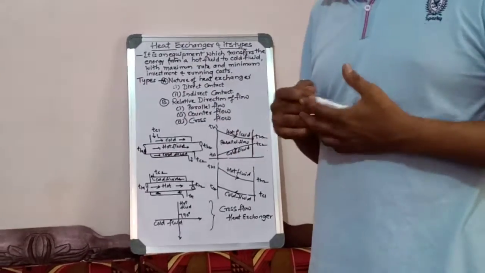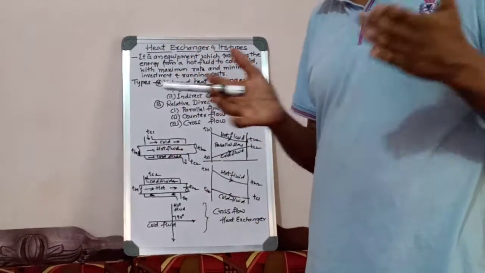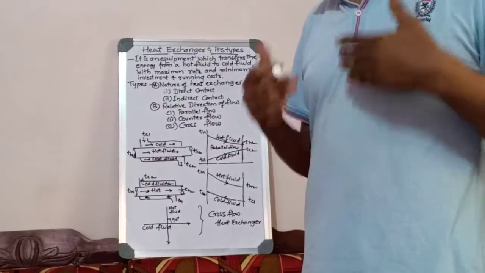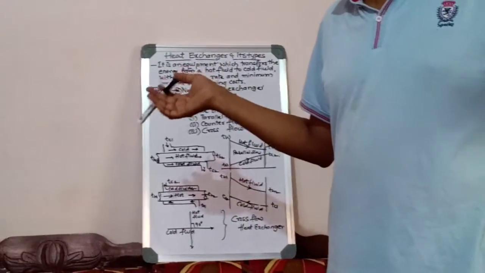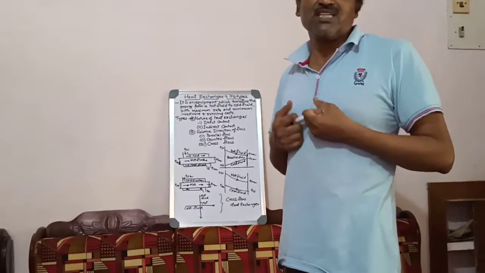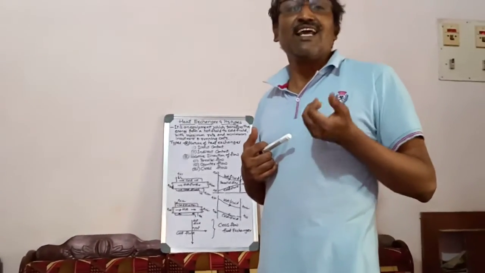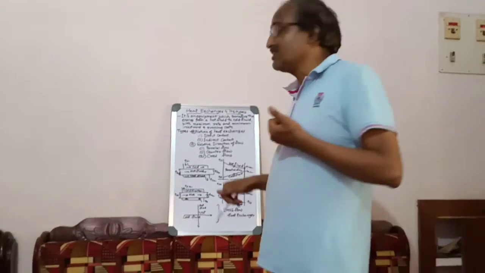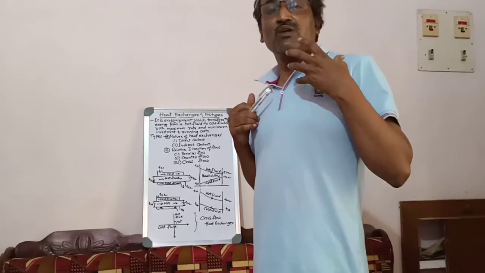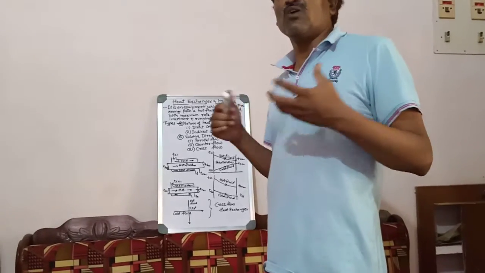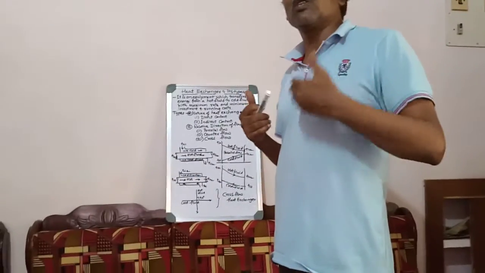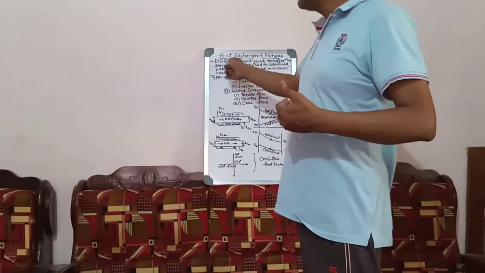We have to go for maximum heat transfer because we have to reduce the size of the heat exchanger. If the rate of heat exchange is lower, then the size of the heat exchanger will be wider and bulky. You have to reduce it. You should have compact heat exchangers. Therefore, maximum rate of heat transfer is essential. Along with that, minimum investment: to manufacture the heat transfer equipment, we want very low investment, and running cost means the usage cost should be very low. As much as possible, the running cost should be very low. That is the complete definition of the heat exchanger.